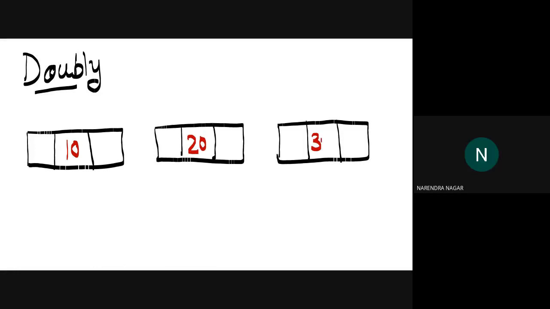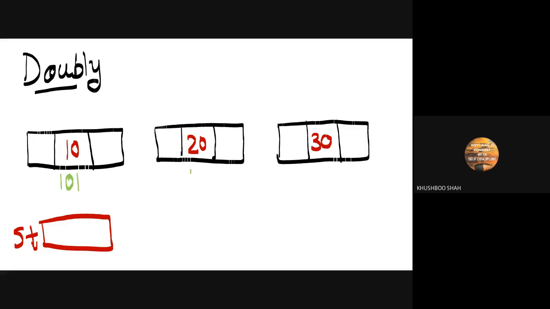Okay. And there will be one start pointer which has the address of the first node. Let's say the address of this is 101, 102, and 103, and this ST will contain 101, so it will point to the first, right? This is the condition. Now it is called the doubly linked list.